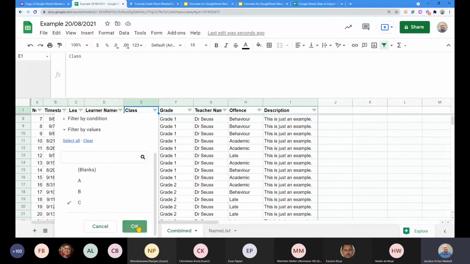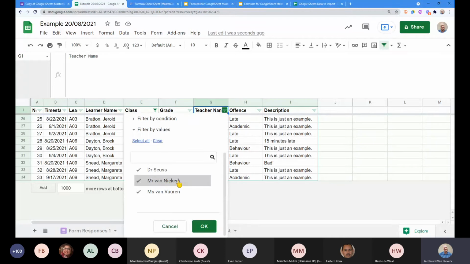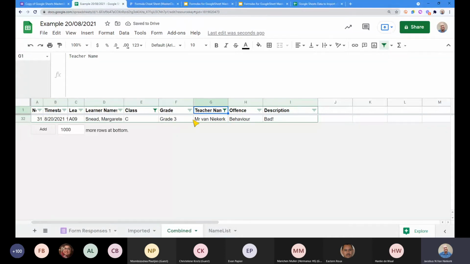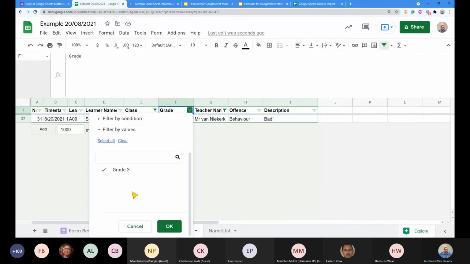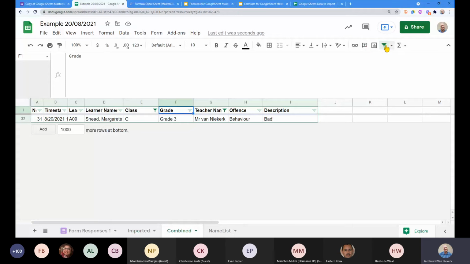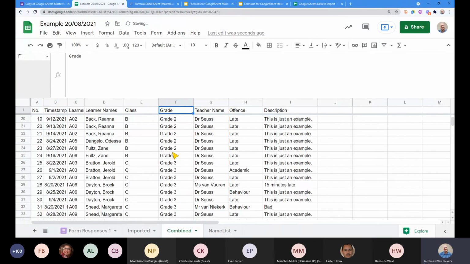Now, once I've applied 2 filters, when I apply a second filter, it has already filtered out all of the values here. So I can't actually check that anymore. Now, what I want to show you as well with these filters, because it can become even more powerful than that, we can go and filter, as an example.